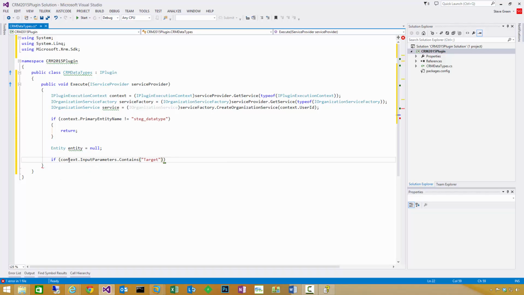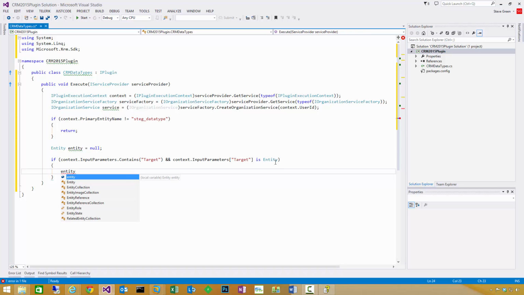If the input parameter object is an entity, we can use the is qualifier. That will check if it is of that type. It will return true or false based on the type we've specified after the brackets. So if it is an entity and the input parameter contains target, then we can set that late bound type here